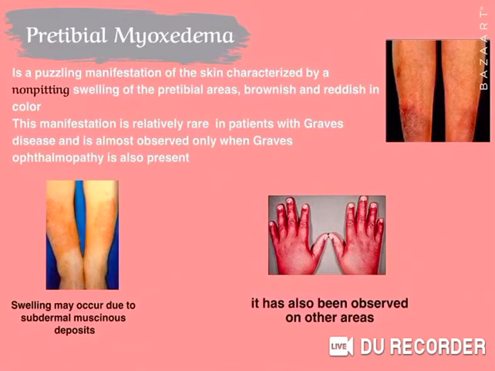Exophthalmos and peritibial myxedema symptoms of Graves' disease are due to the autoimmune component of the disorder rather than the hyperthyroidism. The onset of symptoms is usually gradual over a period of weeks to months, and in some cases mild symptoms can exist for years before the diagnosis is made.